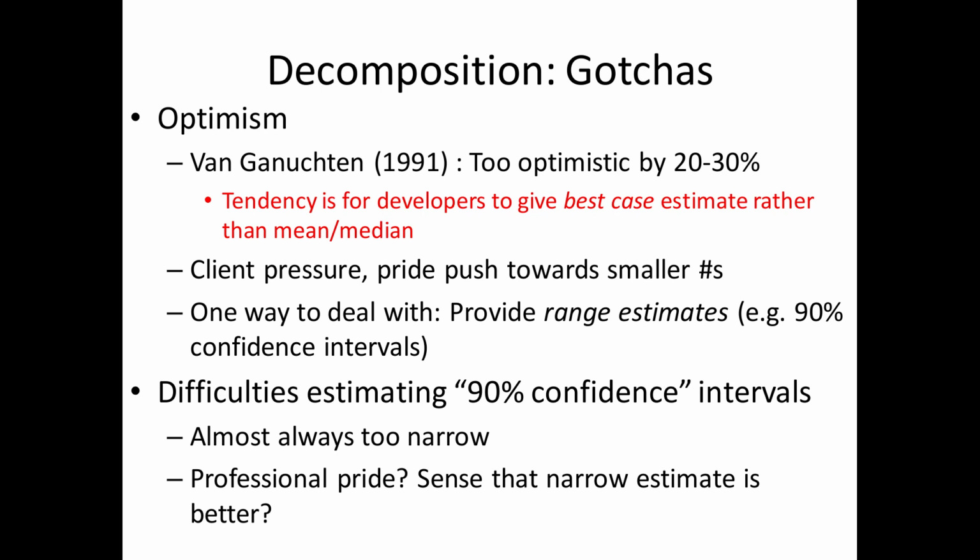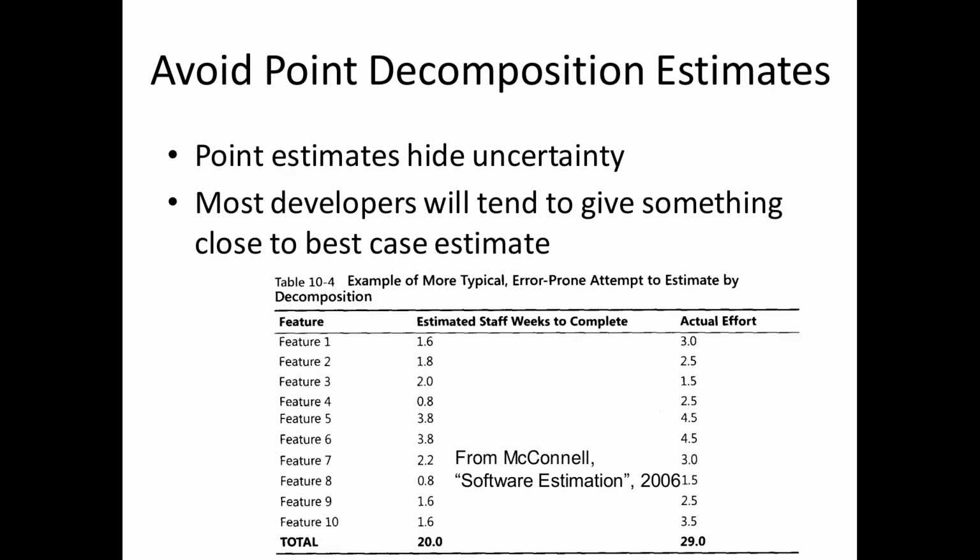We saw this last time, right? The weight in metric tons of a blue whale. So one of the rules of thumb here is force yourself to think concretely. Another rule of thumb is force yourself to consider the uncertainty and communicate the uncertainty to other parties. Point estimates hide uncertainty. They hide uncertainty from the people who need to know about it often, which is the managers, right?